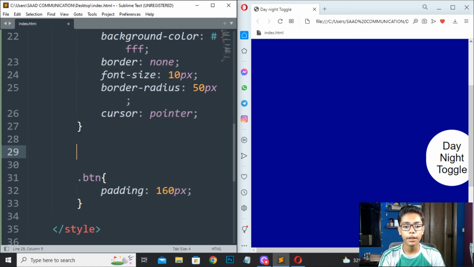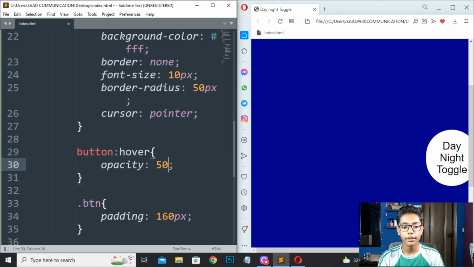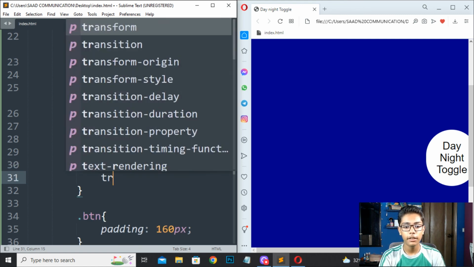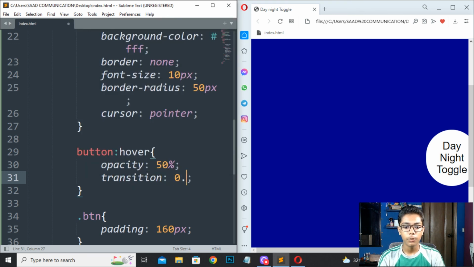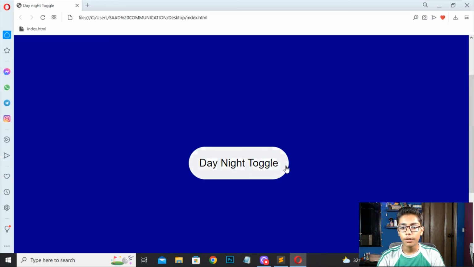So I will be writing button because it is a tag, then I will be writing hover, and then I will be now writing opacity, and then I will be writing opacity 50% just here. Then the transition 0.8s, save here and reload. And when I'm hovering on that, you can see this opacity is changing here of this button. You can change that to 10 if you want, not good, or if you want too much more good, save and reload. You can see we are getting a hover effect at the back of our button, which is looking